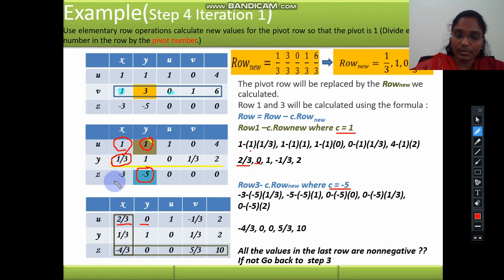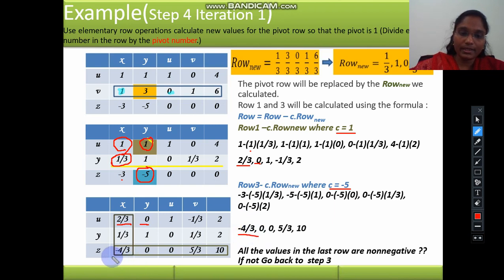Similarly, we have to update the third row also. Here the C value is taken as -5. So the row value minus C times the new row value, that is this pivot row value. As you see here, -3 minus C, where C is -5, times the updated value 1/3, so -3 minus (-5) times 1/3, gives the value -4/3.